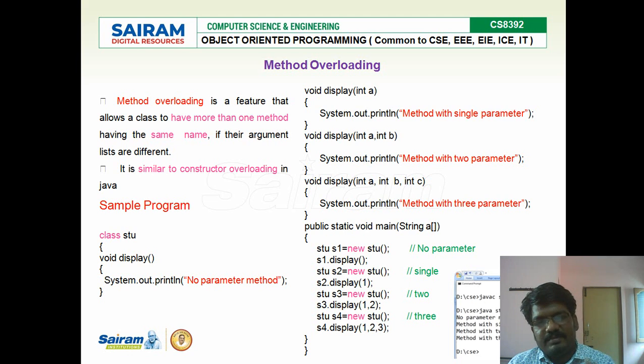To rewrite the program in a constructor style, we are discussing method overloading. Method overloading is nothing but the same method being overloaded differently, or the same function performing differently depending on the scenario. Here the function name display is the same for all three cases, the parameters differ, and the definition also differs. This is called method overloading.